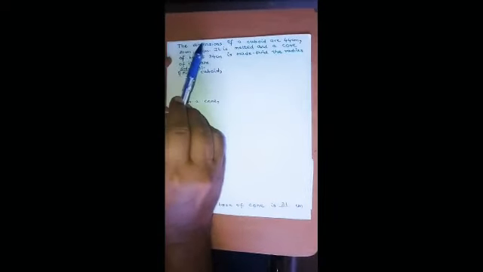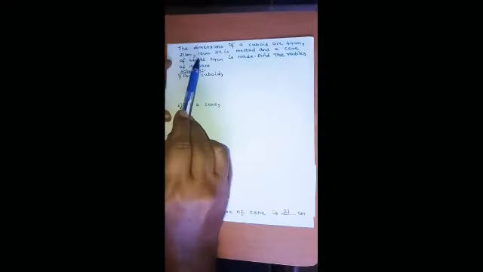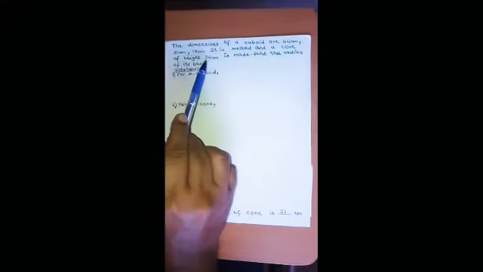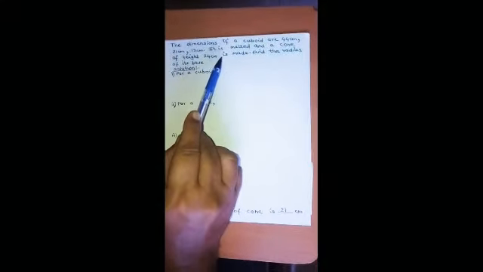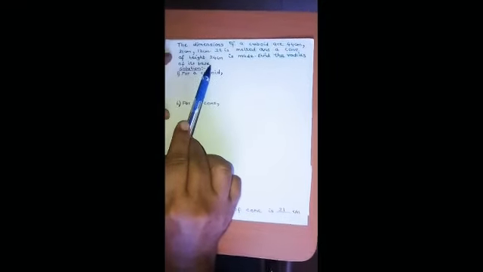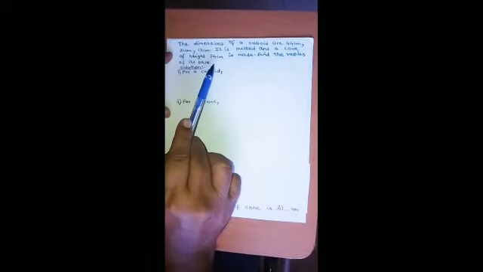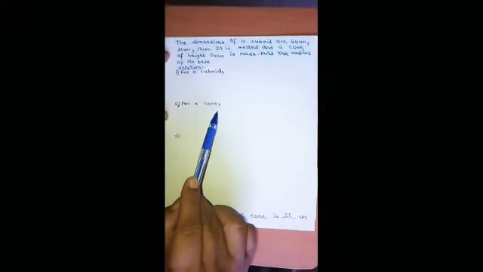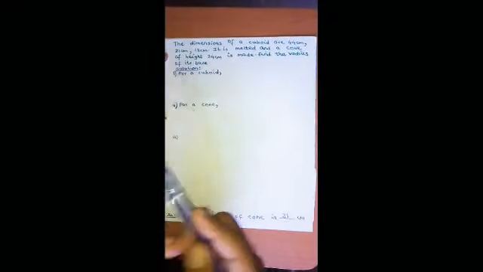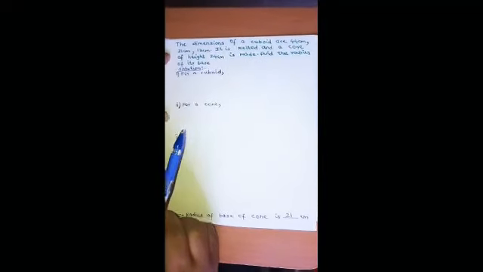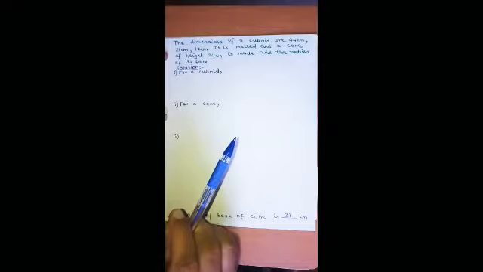They have given that there is a cuboid. The dimensions of a cuboid are given. This cuboid is melted into a cone. The height of the cone is given as 24 centimeter. We have to find the radius of its base. Now as we have to find the radius, it is a dimension. So our first step will be same, that is we will find V1 of the cuboid, then we will find V2 for a cone, and then in the third step we will not take V1 upon V2. Instead of that we will take V1 equal to V2 because radius is asked.